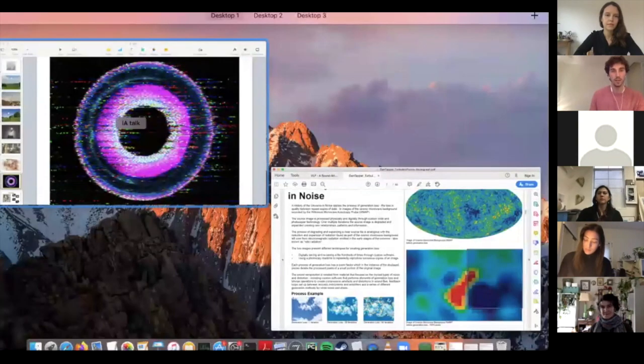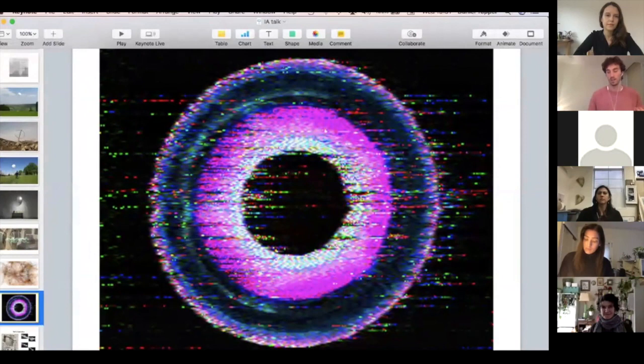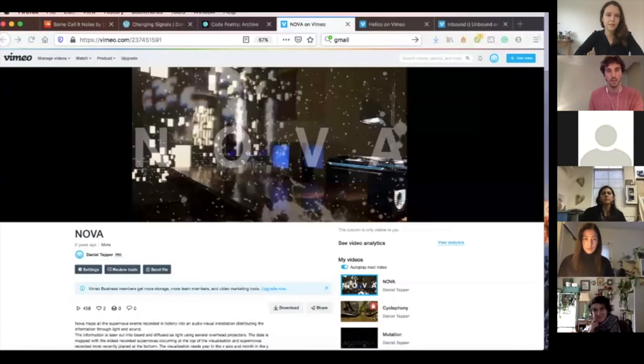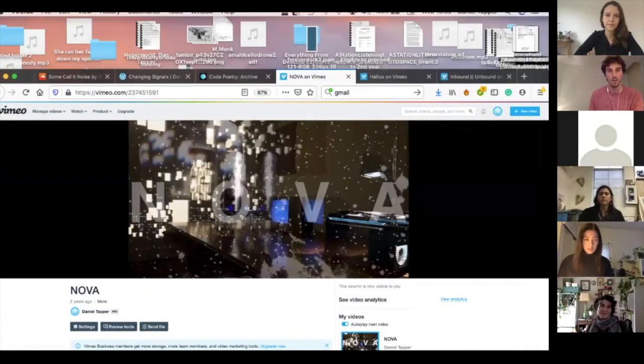And it also incorporated a lot of information that was very quantitative, like this basic mapping of the supernovas, which you could look at as basically a timeline of all the supernovas that have happened, and you can read it by date going down. So the month goes across and the date goes down, and the size of these rectangles essentially is how large these events were. I'm going to play another video.